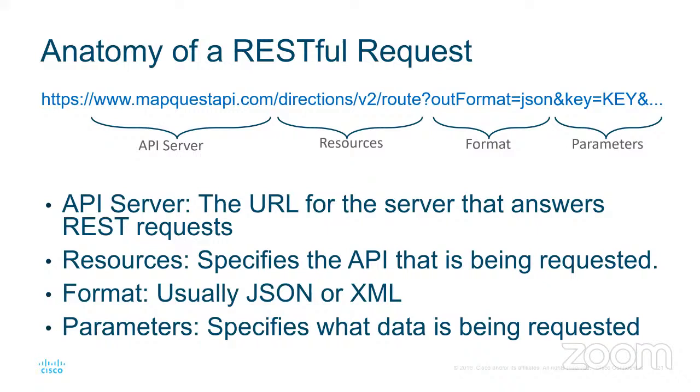Now, what's the anatomy of RESTful APIs? Not anatomy in medicine, guys, but we're going to borrow that word from them. So the anatomy of RESTful APIs is exactly what you're seeing. You have the API server you're sending that request to. This can also involve a port number as well. In most cases the port might be 80, depending on the destination port. It's also part of what you are trying to communicate with. Then you also have the resource you're trying to pull,